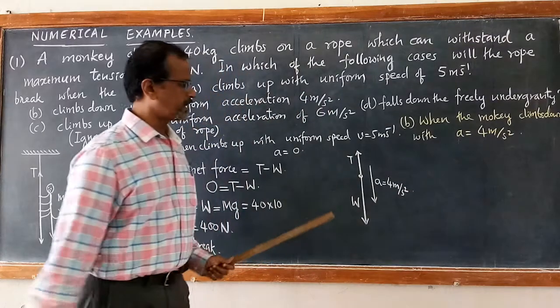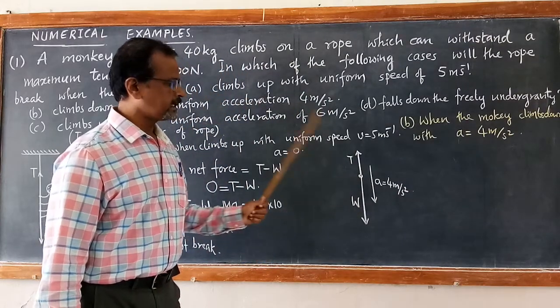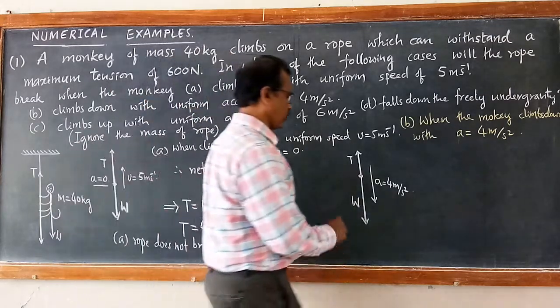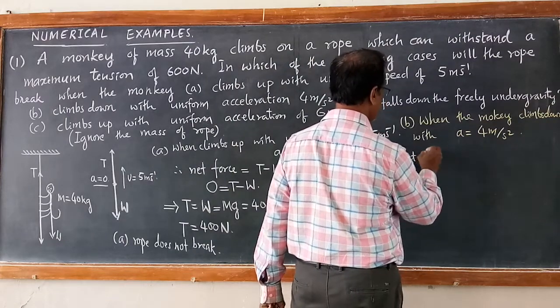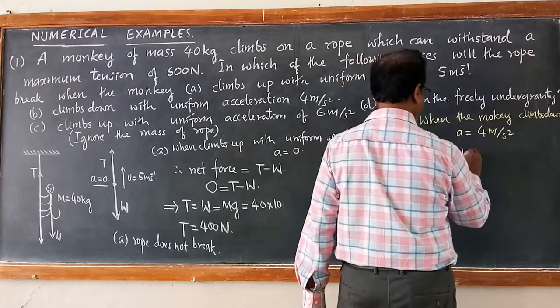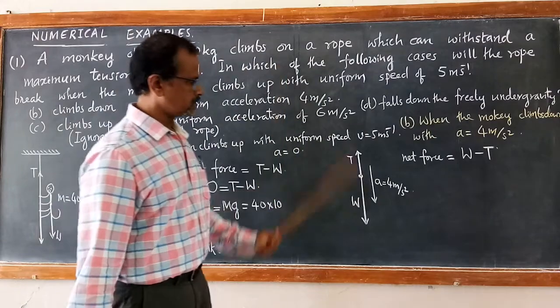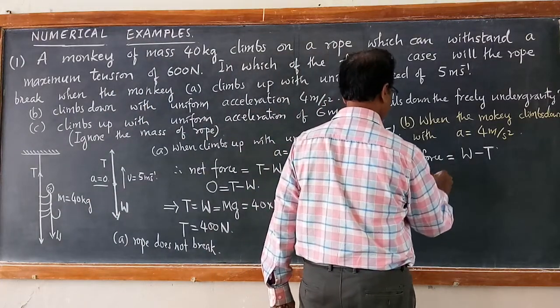So this is the free body diagram, wherein weight is greater than tension. Now we need to calculate the tension in the rope. Therefore, using Newton's second law, net force is equal to W minus T, because it is climbing down now, moving down. So net force is M into A,